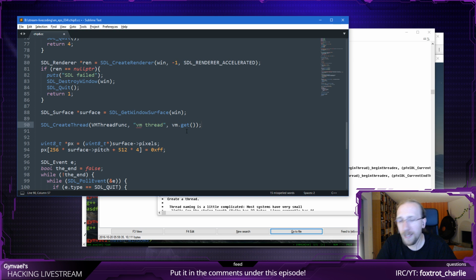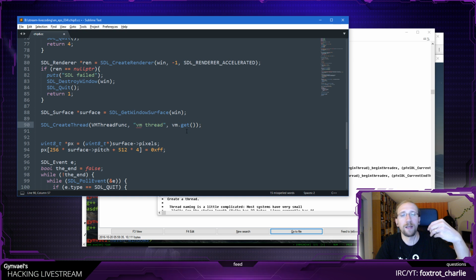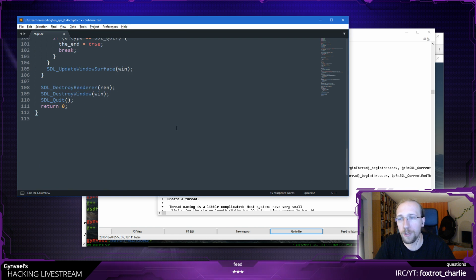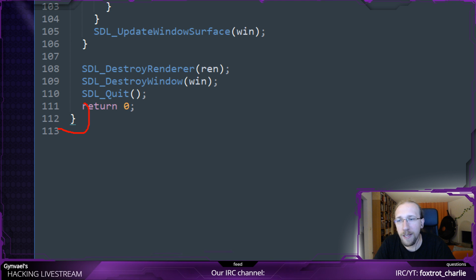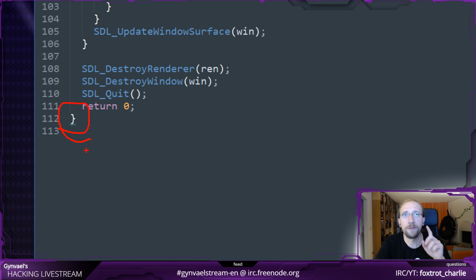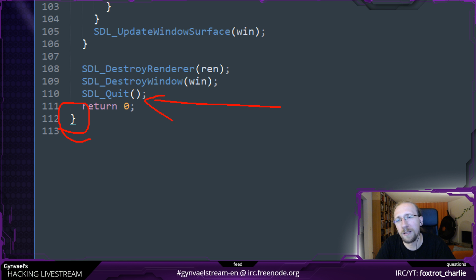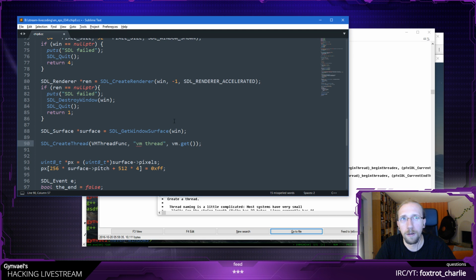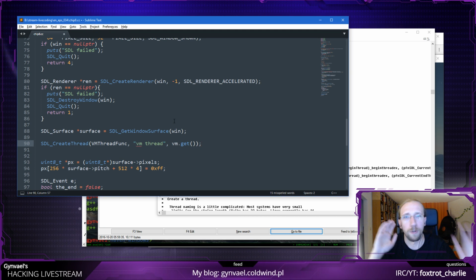Yet we are creating a dependency: when we exit the program and exit this function, at exactly this point the object is going to be destroyed, and at that time the thread has to be dead already. It's probably going to die here if SDL actually keeps a list of threads. If it doesn't, then it might crash the program in some cases.